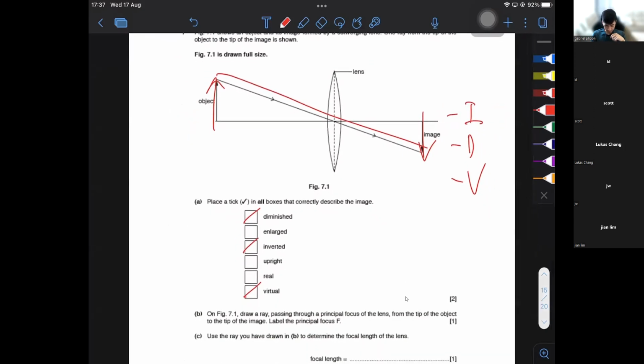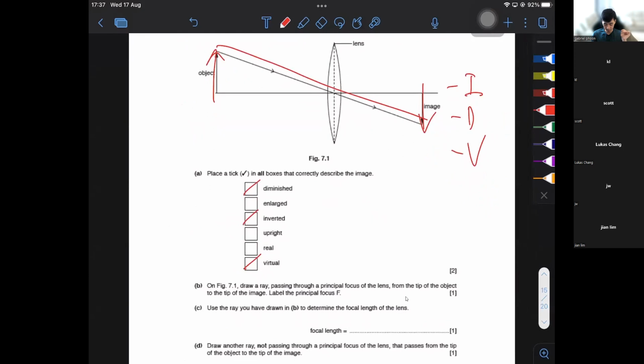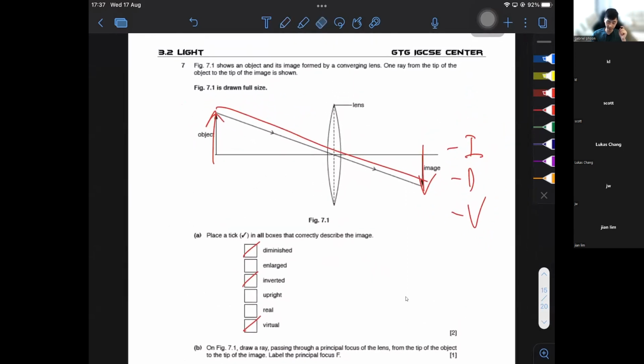Then the next part here, they ask you on figure 7.1, draw a ray passing through a principal focus of the lens from the tip of the object to the tip of the image. Label the principal focus here. So basically, they're asking you to draw the first light ray, right? So if you're asked to draw the first light ray,